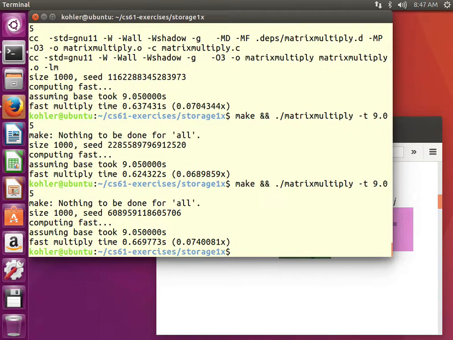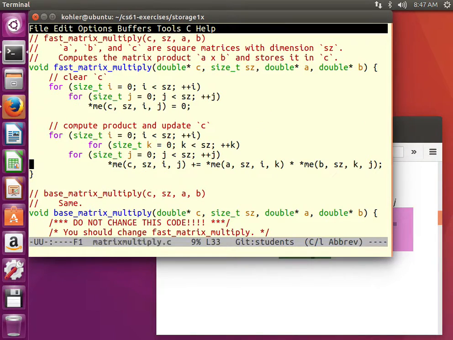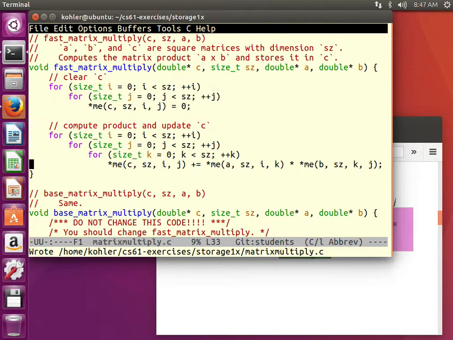Why is this? To understand, it's best if we take a step back and think pictorially. So remember, this is not only a picture of the abstract definition of matrix multiplication, it is also a picture of the values in the matrices that are accessed during a complete run through the innermost loop when k is innermost. So that's this order. We do i and then j and then k. This picture is the same if we do j and then i and then k.